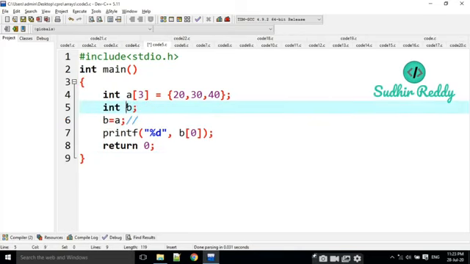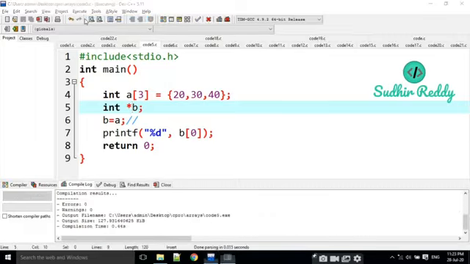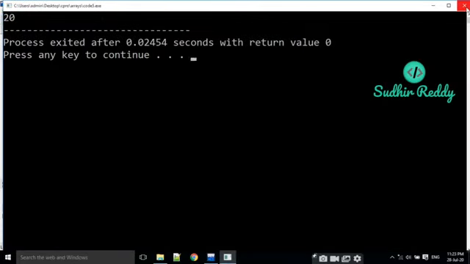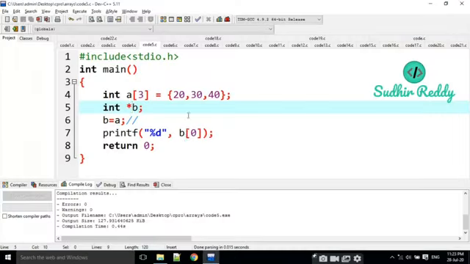For example, if it is a pointer, is there any error here? Look at here, there is no error, and it is going to print 20. Why is it handling? It is the pointer. Pointer means it is going to handle the address.